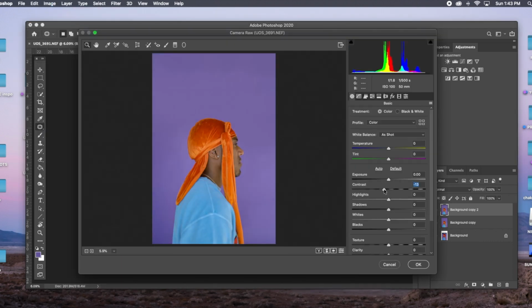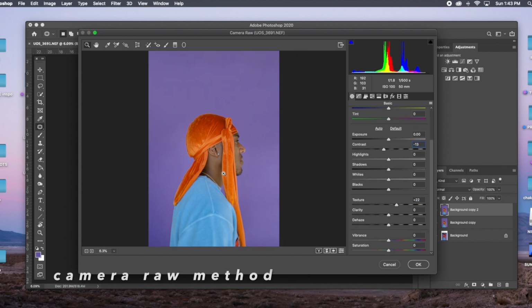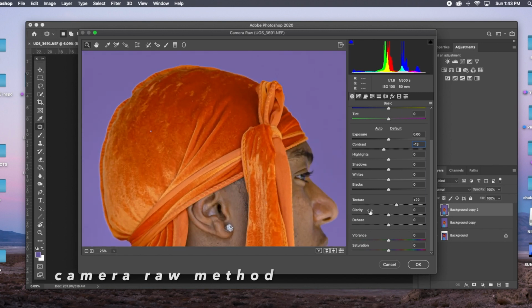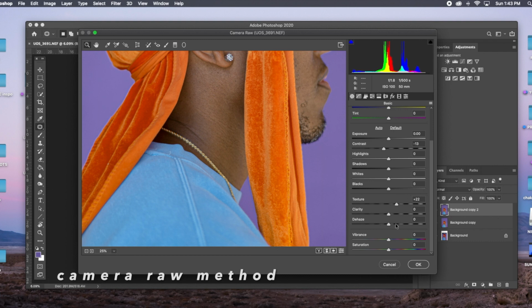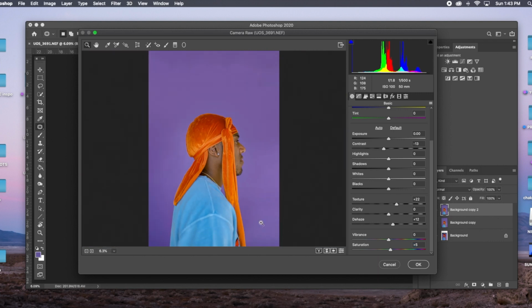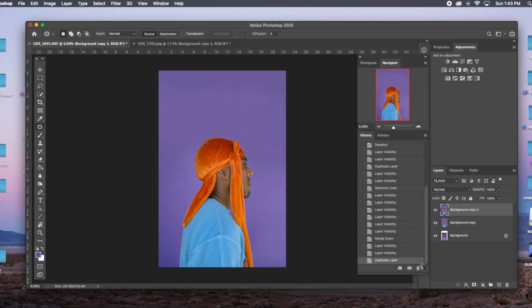I would basically come in, take down the contrast a little bit, add some texture because y'all know I love texture. I love to add texture to images. And then from here, I've been really working with dehaze. I think dehaze is a really cool addition to images. It kind of brings back a little bit of the shadows, but also brings in color as well. And then I bump up the saturation just a little bit. And we're going to hit OK. And so this just adds a little teensy bit of contrast to the image. So from here, I would collapse